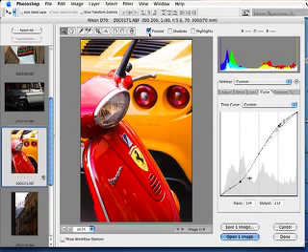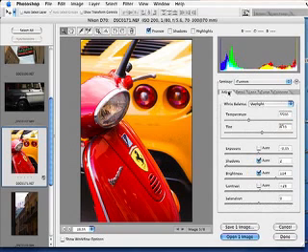The preview now changes. You would think that the preview, when you turned it off, would show you what the photograph looked like before you opened it, right? But it doesn't. It only gives you a preview of the changes that you've made in this particular tab. So it's kind of a cumulative preview. So you're seeing what it looked like before you went to the curve tab, but not before you started adjusting the photograph.